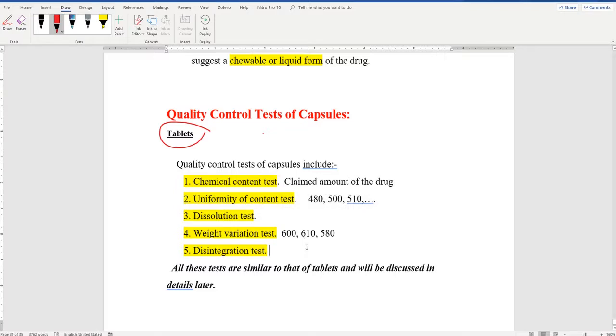The last test, اللي هو ايش? Disintegration test. Here, you see, here you have dissolution, here you have disintegration. Usually if you have to do this dissolution test, you don't have to do the disintegration test. زي كيف uniformity of content with weight variation. Okay, same thing for dissolution with disintegration. Which is more important? Dissolution طبعا. There are a lot of things to talk about for dissolution with disintegration, but let me tell you about the